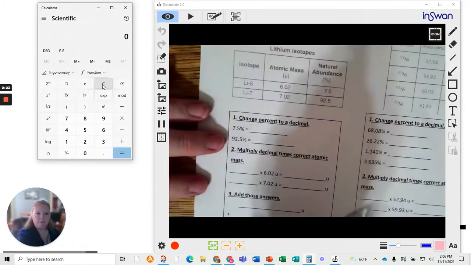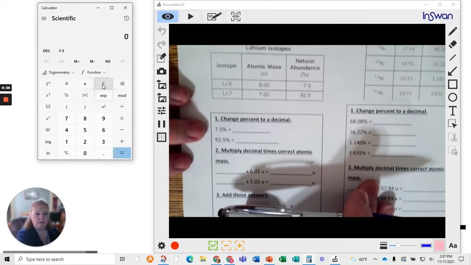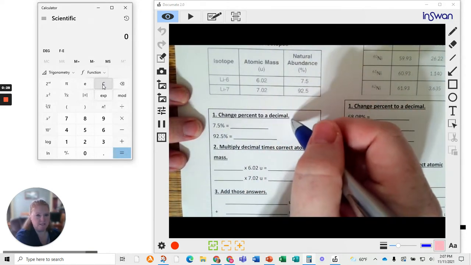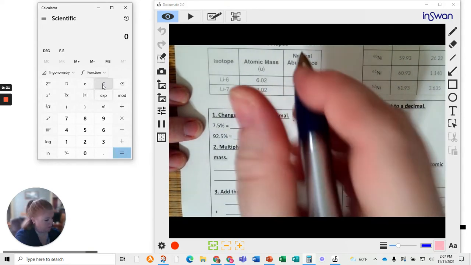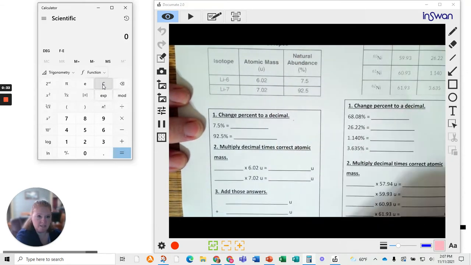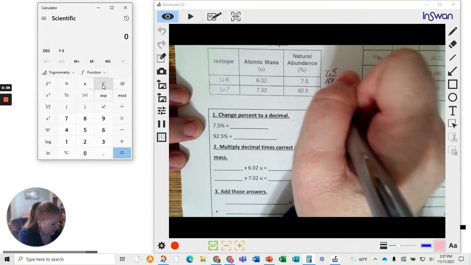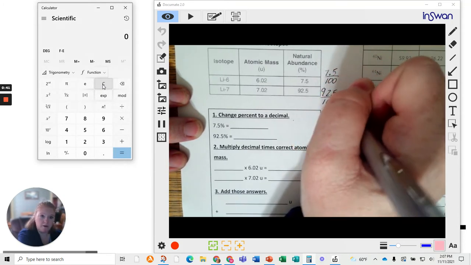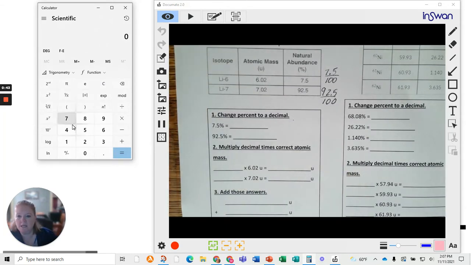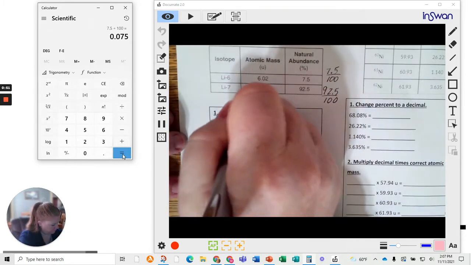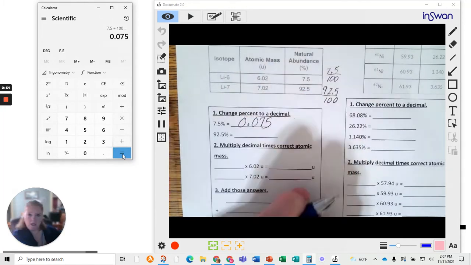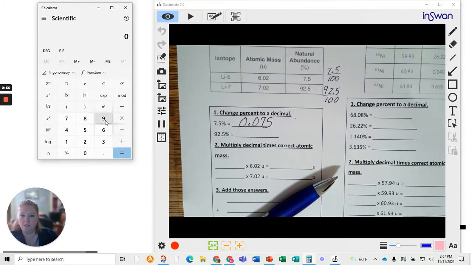So we're going to look here at lithium. So the first step, it says, is to change the percent to a decimal. To do that, I have to take the percent and divide it by 100. So 7.5 divided by 100 and 92.5 divided by 100. That's how I change it to a decimal. So if you think you might move the decimal incorrectly, it's safer to use the calculator. I'm going to write down what I get, and then I'm going to do the second one, 92.5 divided by 100,